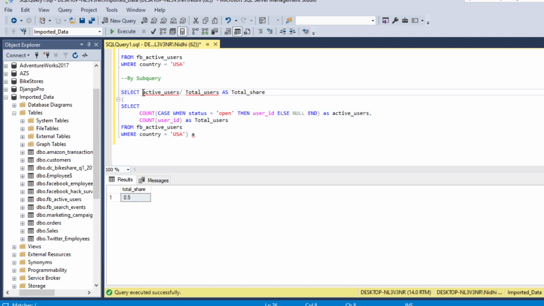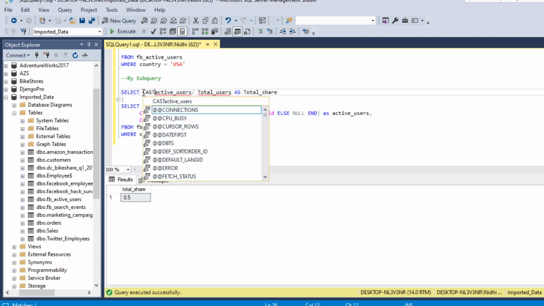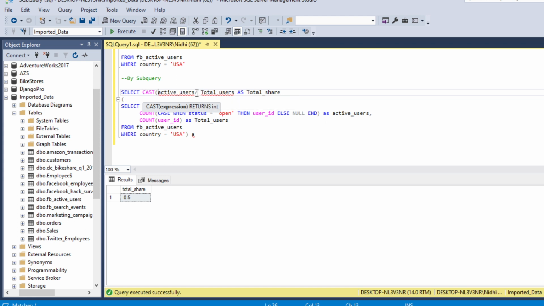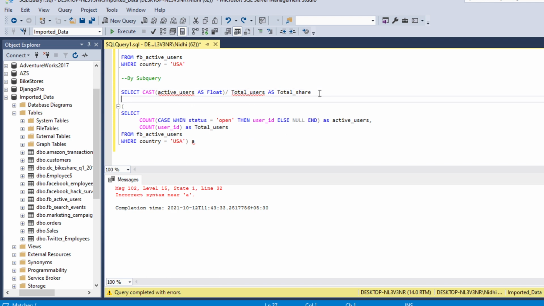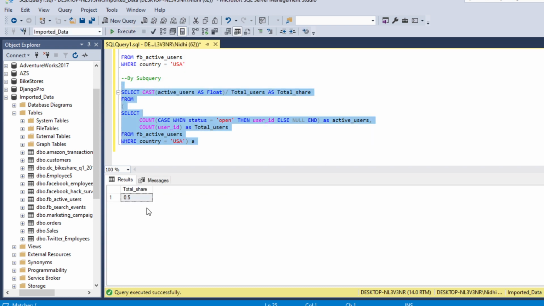Now we will convert the data type to float, so cast as float. Then we need to use from here as well: select active users divided by total users as total share from this subquery. Now we will run this code and we are getting the same output.